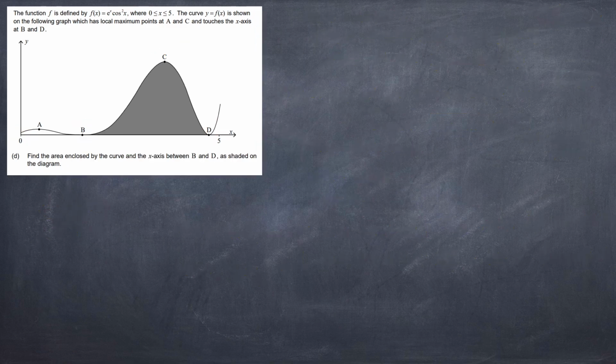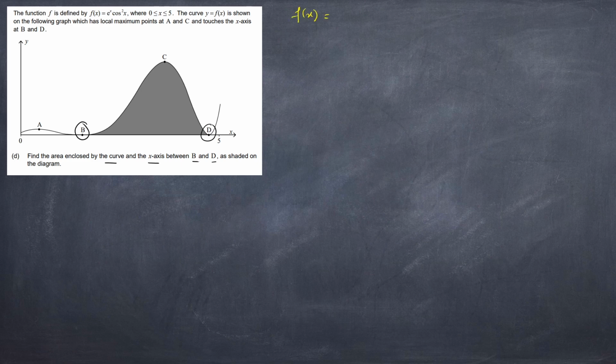The last problem is: the function f is defined as given there, and find the area enclosed by the curve and the x-axis between B and D. So this is B and this is D. We need to find the area between B and D. So obviously you can see this part. The functional value